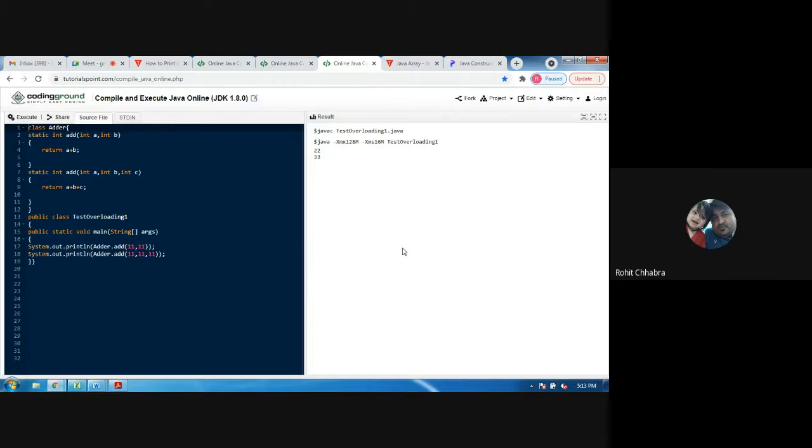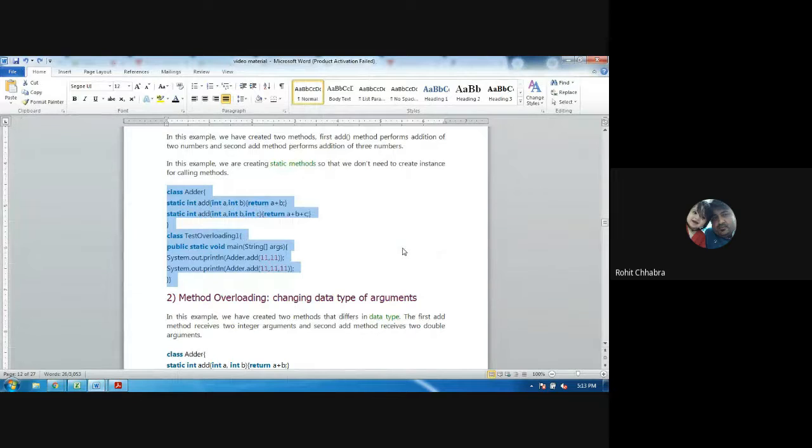A is 11, b is 11. The output will be 11 plus 11, that is 22. When we pass three parameters, 11 comma 11 comma 11, it will automatically call the second method, that is return a plus b plus c. A is 11, b is 11, c is 11. Then it will return 11 plus 11 plus 11, that is 33. The output will be 33. Clear?